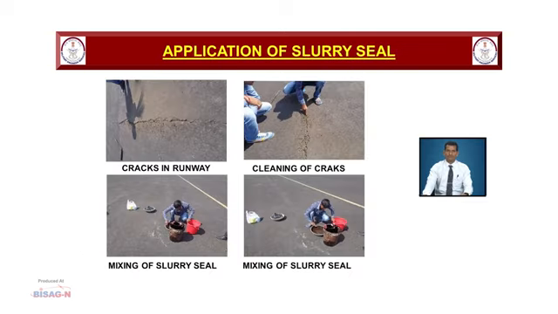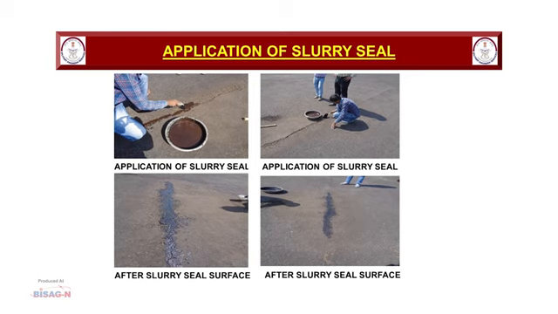These are some photographs. The first photograph shows the cracks in the runway, the second shows the cleaning of cracks, and the third and fourth show the mixing of the slurry seal and application of slurry seal. The surface after slurry seal is shown in photographs 3 and 4. The surface shall be opened to traffic after the slurry seal is in a completely set condition. The maximum setting time shall be 4 hours and the speed of traffic restricted to 20 km per hour